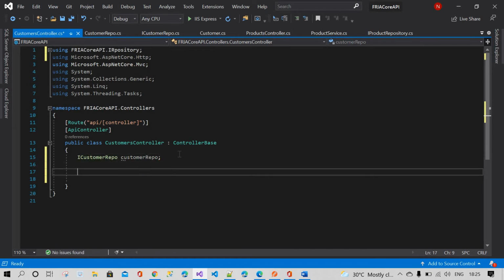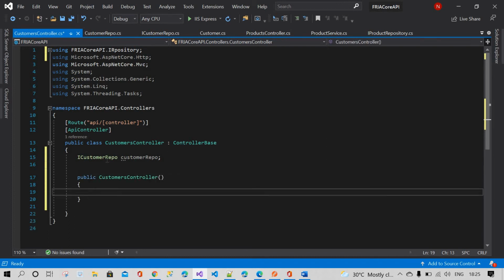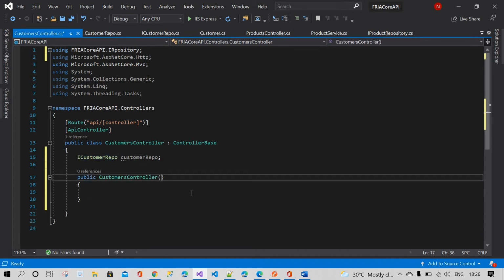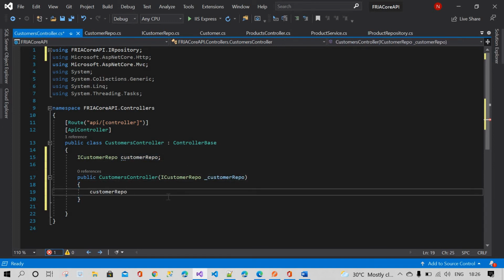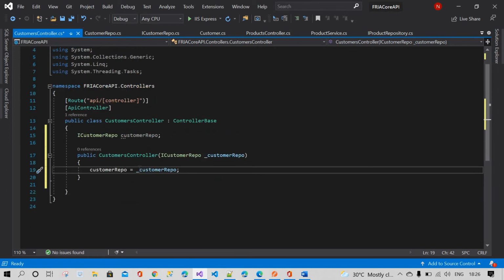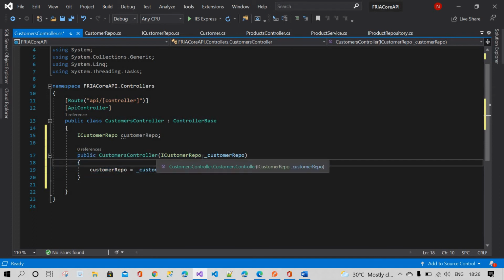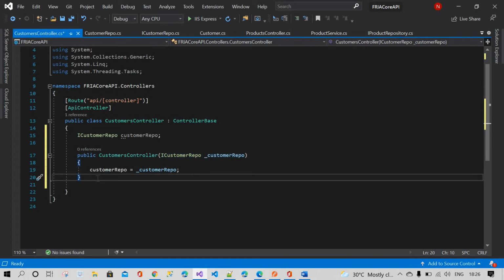After that you need to create the constructor. In the constructor you have to pass our repository. So this is called constructor based dependency injection. Now we have created the instance and the constructor, we have done everything.